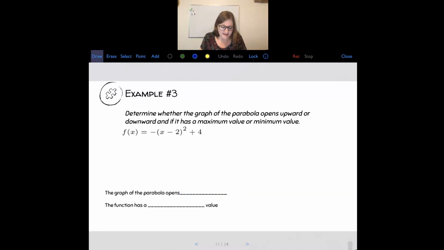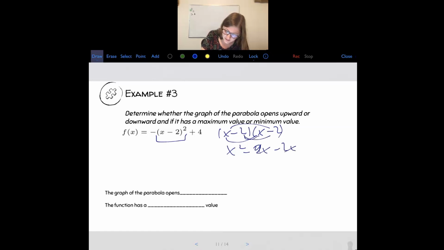Example 3, okay, so determine whether the graph of the parabola opens upward or downward, and if it has a maximum value or a minimum value. So in this case, it's not written in standard form like we talked about, but we can still determine if it opens upward or downward by looking at what's in front of the x squared. Okay, so you could multiply this out if you wanted to get it into standard form. If you were to do that, remember that x minus 2 squared means x minus 2 times x minus 2. So what you would do here is you would distribute or use FOIL,